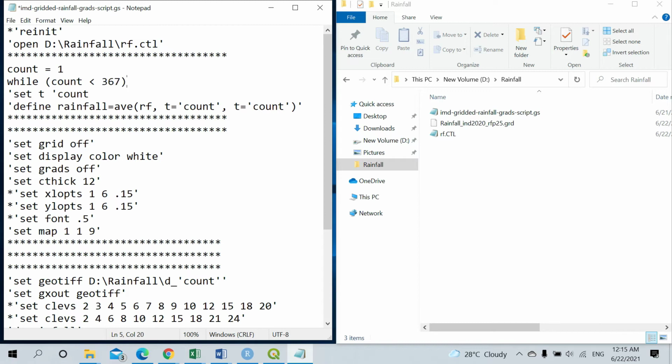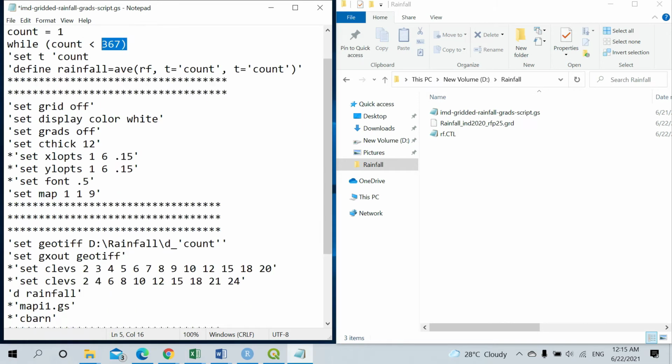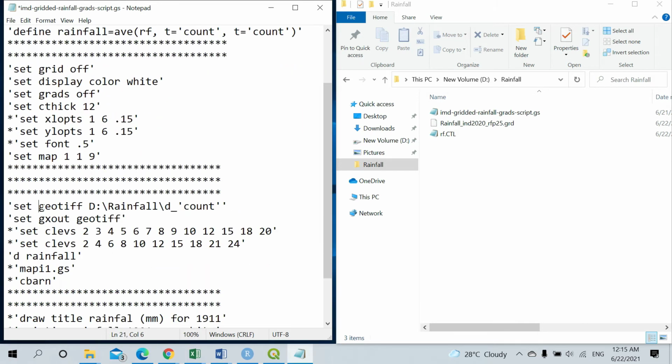This is the one thing which we have to change, that is the folder, and the second thing is the total count based on the leap year. And the third thing is which file format it has to be saved in, that is GeoTIFF. We have already defined it, that need not be changed. The folder where we are going to save it.